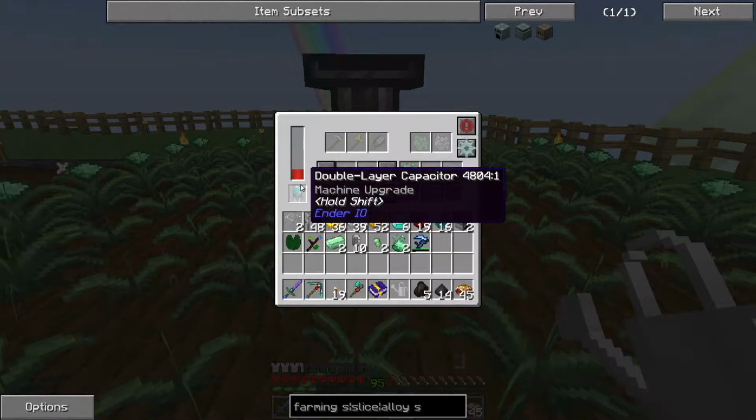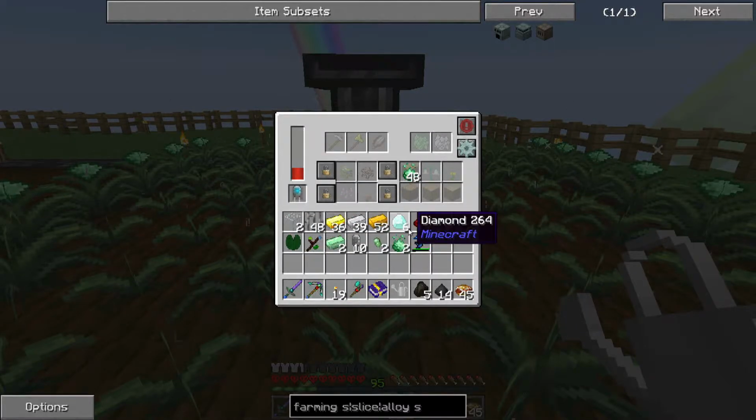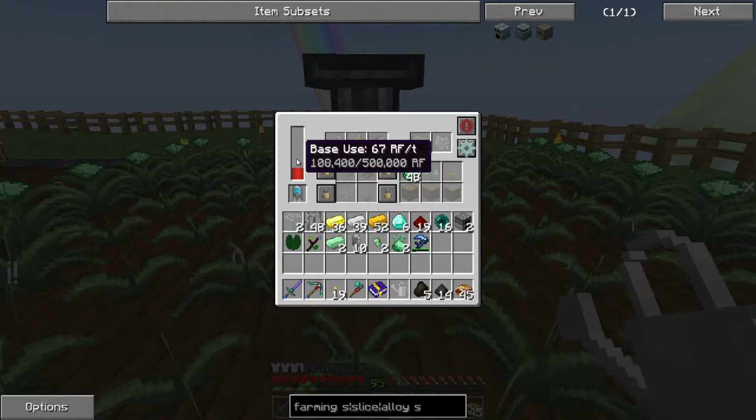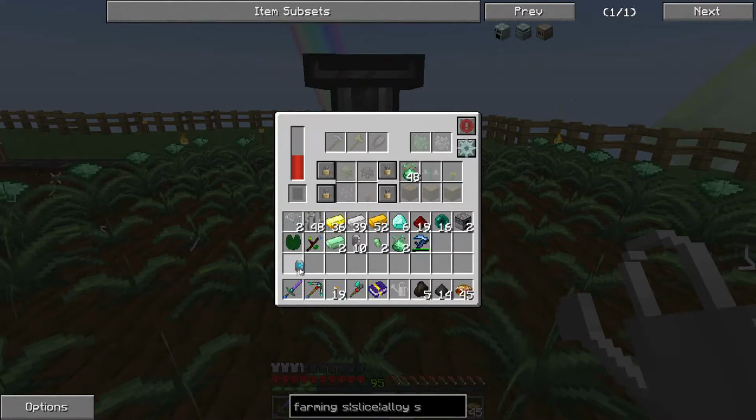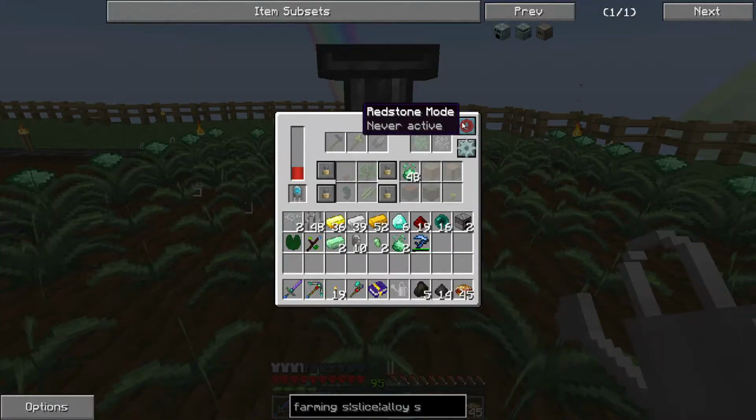So we're going to drop in this double layered capacitor. You can see now it holds 500,000 RF, whereas before it only holds 250,000. So that's good, but now it uses 67 RF a tick instead of 40. So maybe we won't put the capacitor in there, but let's just see if that will give us our wider